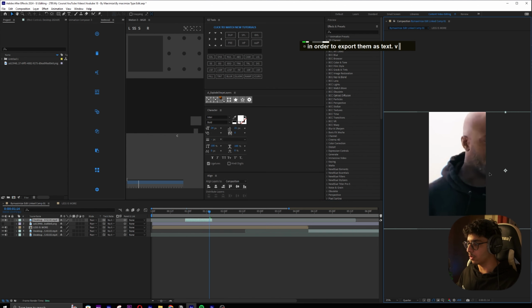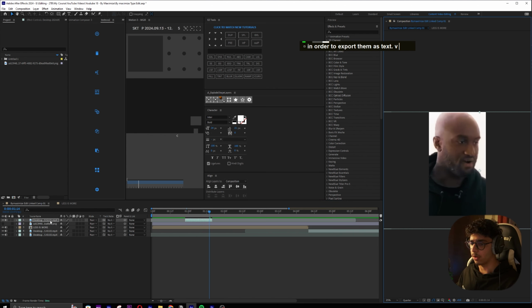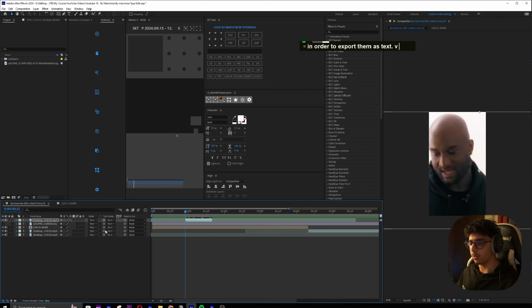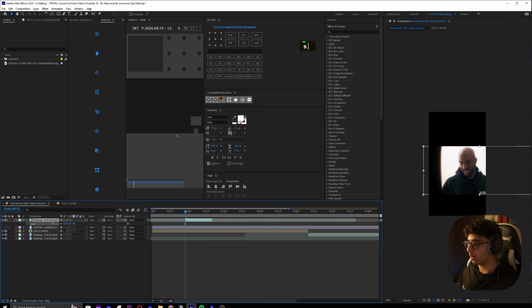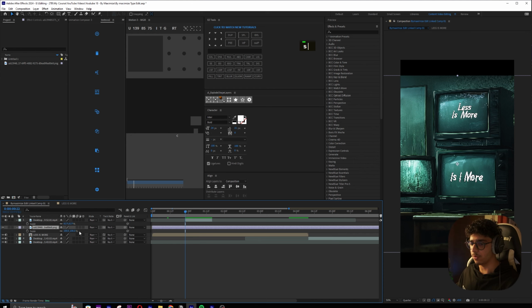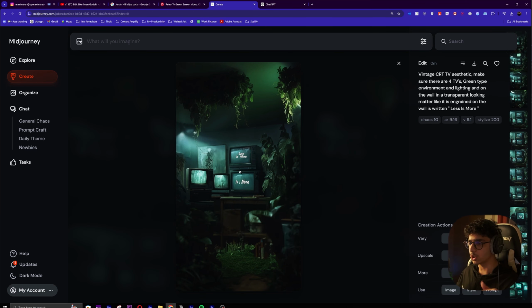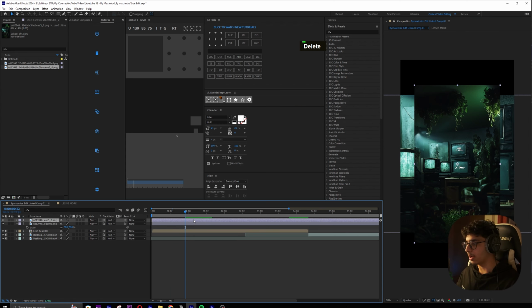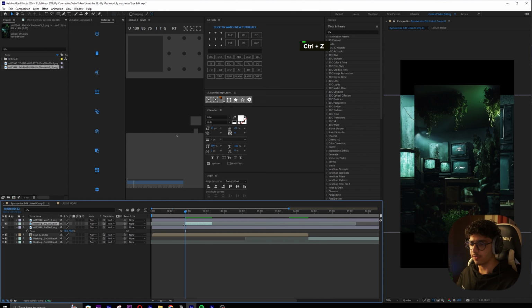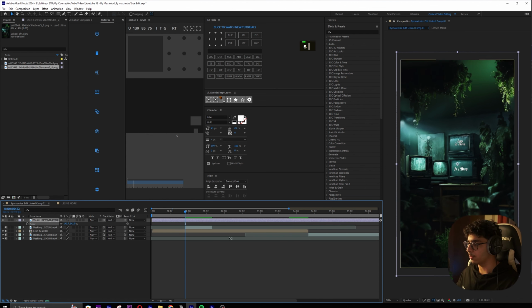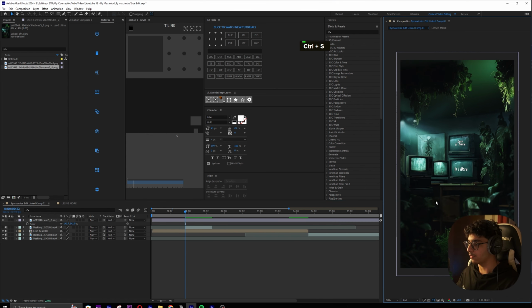Now, because I have this original layer, I can adjust it however I want. And on this part, I'm gonna zoom it out. I'll bring this up. Let's see if we can fit this properly. Now you can see what I did is using Midjourney, I switched this into mobile resolution because that was not mobile resolution. And I think I'll just go with this one and import it back into After Effects. Now I'm gonna zoom this in and I'm gonna make this full quality.